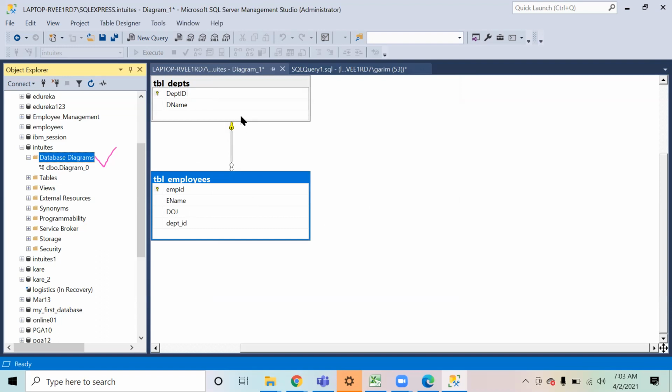And it will show you how the two tables are related. I hope you are able to get it.